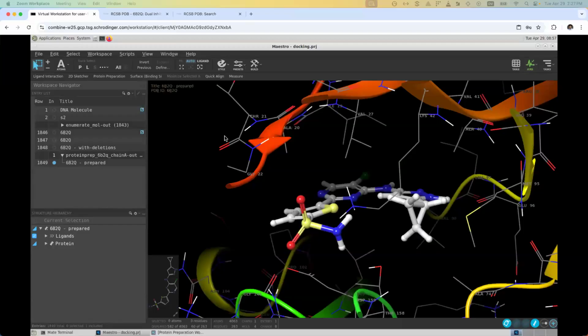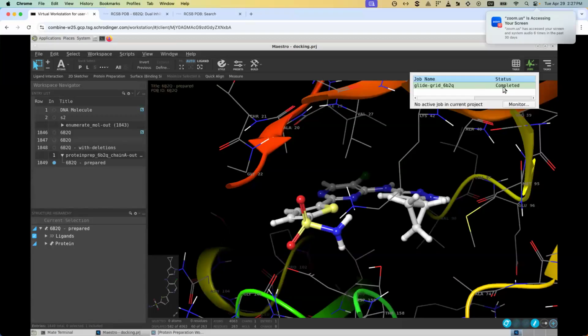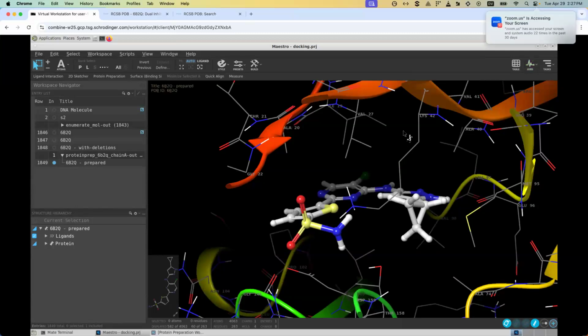All right, I see that no more queries are there, so let me continue with the session. Now we have done these two things. We have prepared the protein and we have also prepared the grid. For the grid, you won't get any output on the left side. All it says is the job is completed, nothing else. If you go to jobs here, it just says it's completed. If you see something like failed, please let me know, because that means it's not done correctly and we have to help you out with that particular issue. But let's say your job is done and you have a grid generated, then we can go for